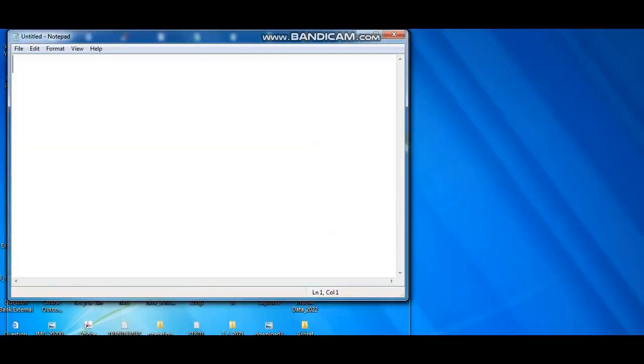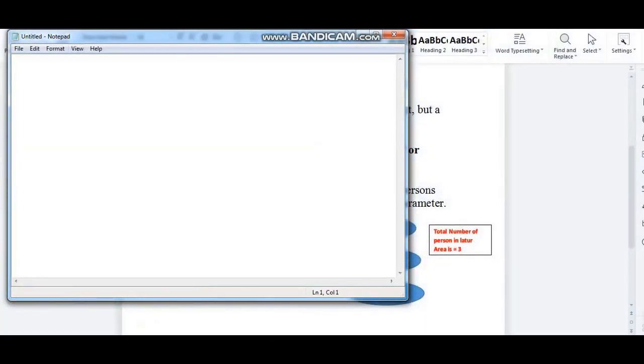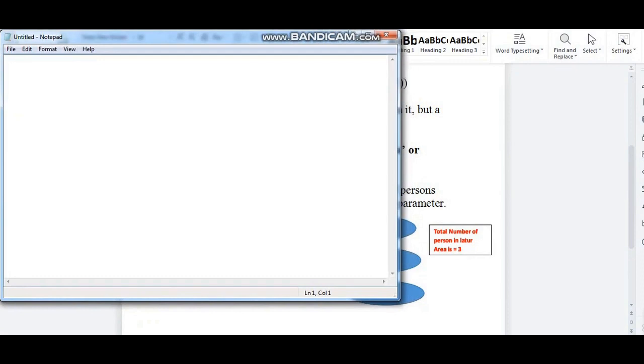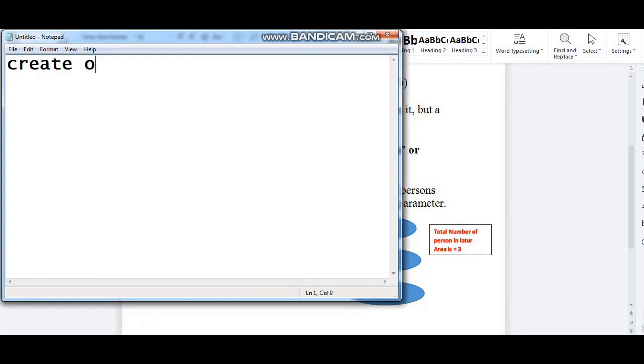I will write the function in the notepad. I hope you will understand how to write a stored function. The create keyword is used to create a function, and replace is used to modify or replace an already present function in your database.